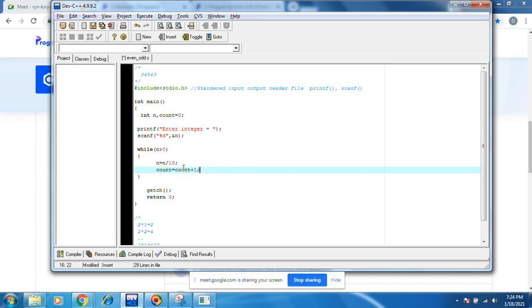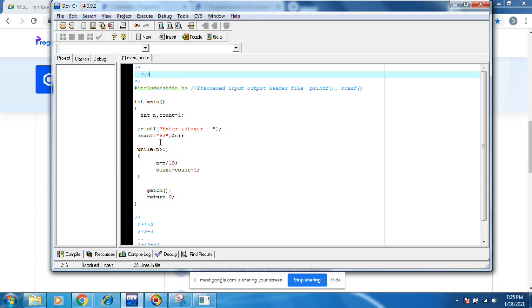Yeah, what is happening here? Let's suppose count equal to 1. Let it be n by 10. Suppose in this case n by 10 means the result of n by 10 is this one. It will go off. And then again n greater than 0. Yeah, n value is too much, 3000. And that means n greater than 0. Again it will come down. n equal to n by 10. Again the n value is this one.